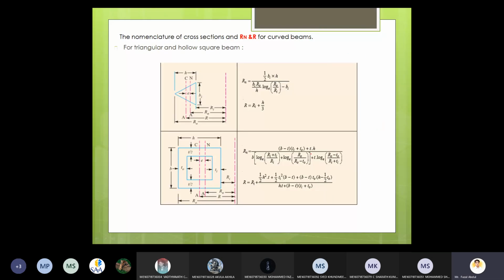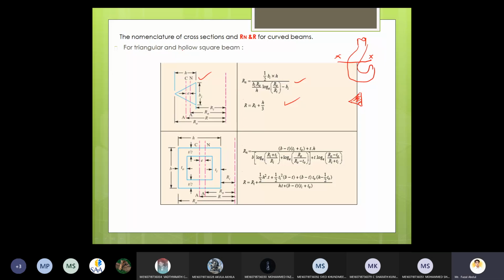And see, this is another one for triangular. It means same. If we cut this, suppose this is a crane hook. If I cut this crane hook at the particular XX section, suppose if I get the shape in this manner, so what is the shape appearing here? Triangular shape. So triangular shape means this is the one. So blindly go through these equations.